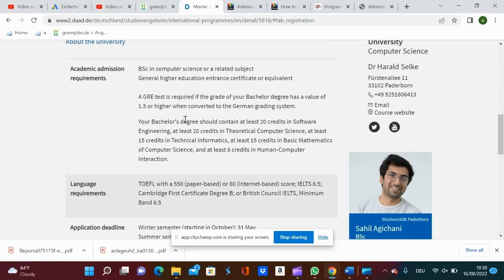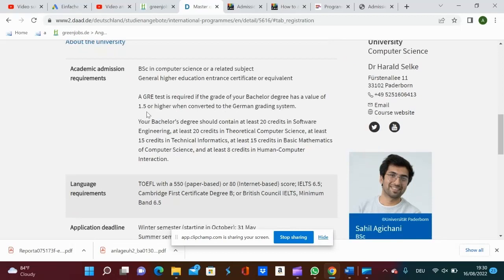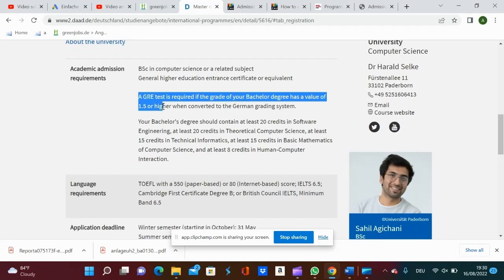All right, so let's click on the requirements. Okay, so these are the requirements. So for instance, as I said, you have to look at the requirements before you decide on which school to apply. They are asking for a GRE test with a score of 1.5 or higher when converted into the German grading system.